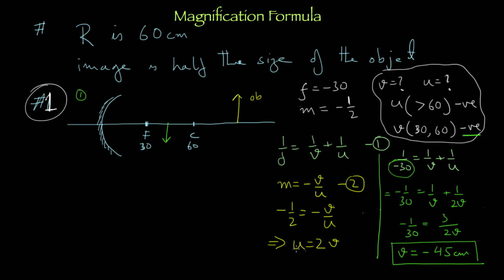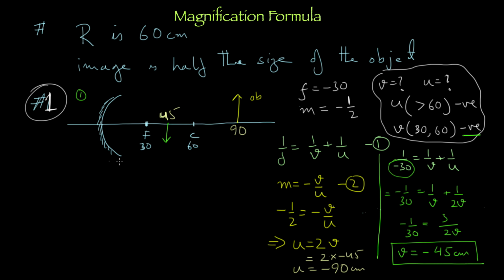And then once you have got your v, we can apply this u formula and you can get the u. What is u? Twice of v, right? So twice of minus 45, which is equal to a minus 90 again. Write the units so that you don't lose any marks anywhere. And you got this location as minus 90, and this location as 45, right? Double the distance, hence double the height of the object. This is half the distance, so it has to be in the ratio. So it is all good, all correct. Any doubt in this?